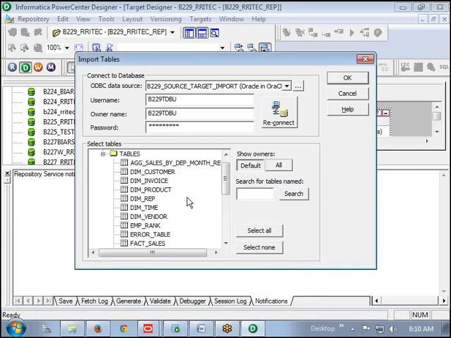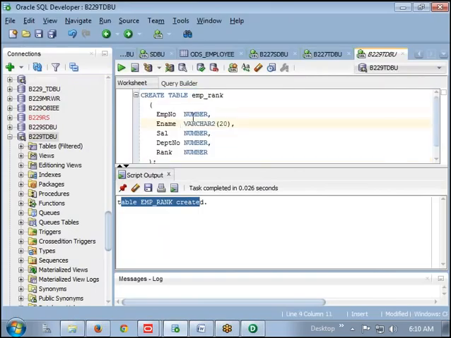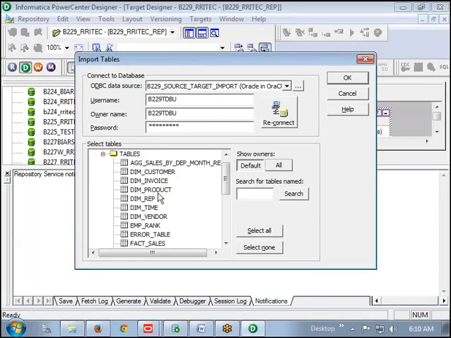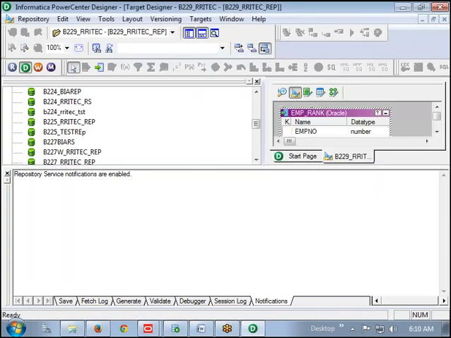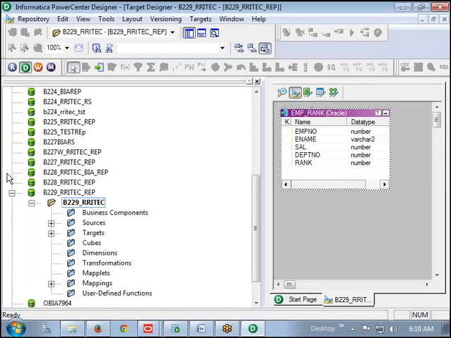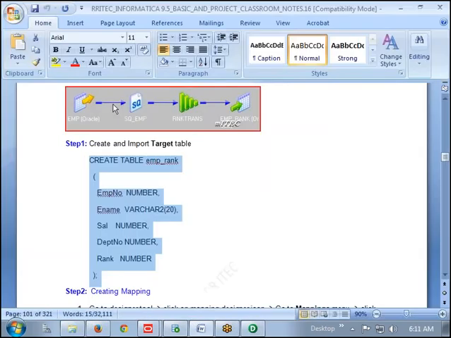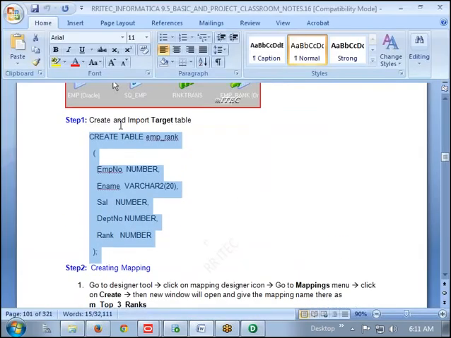Then we have the table name. What is the table name? EMP underscore rank is the table name. Select that EMP underscore rank. Then we can see the table has come here. We created and imported the target table.